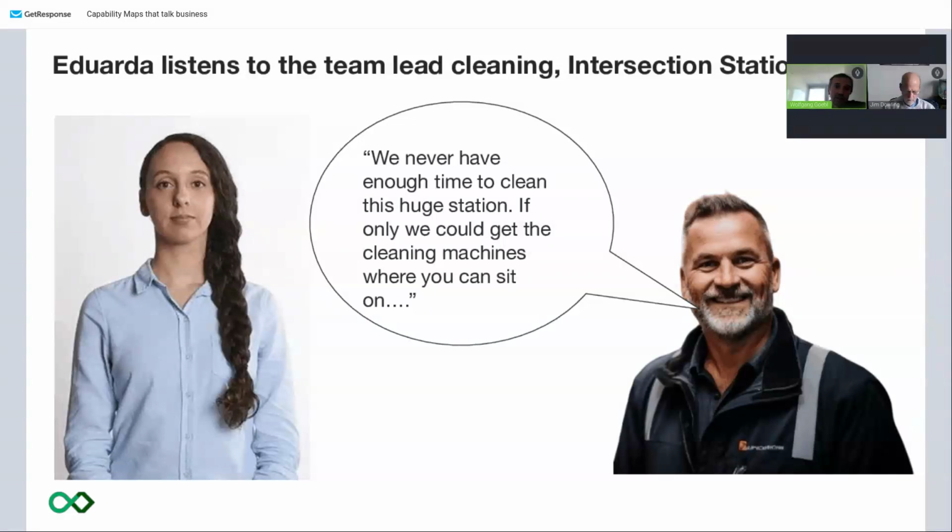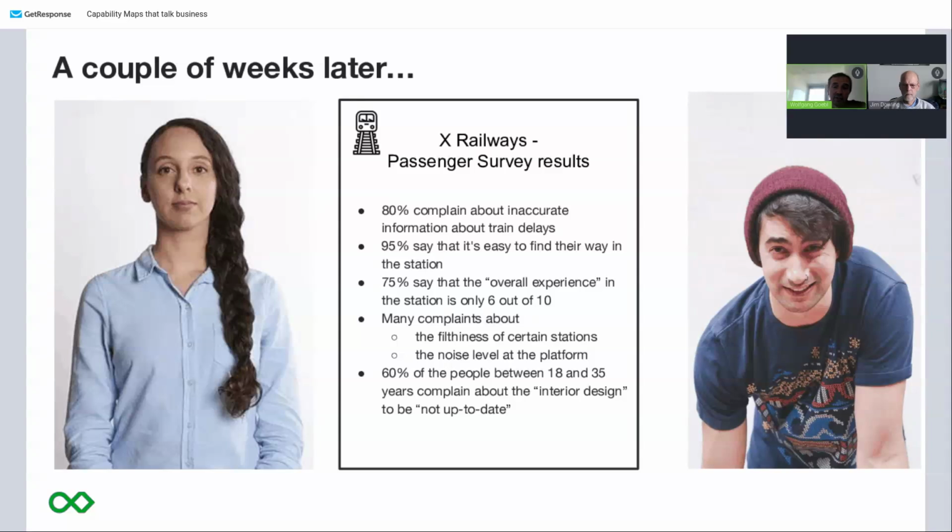She asked him, okay, what's the problem with cleaning? We have reports, and some people say some stations, also intersection stations, can get somewhat filthy at times. And she says, okay, we never have enough time to clean this huge station. If only we could get the cleaning machines where you can sit on. Now you have information from the ground floors. That's the idea with capability modeling. Talk to people from the ground floor, people who are working there, listen, of course, to the passengers,